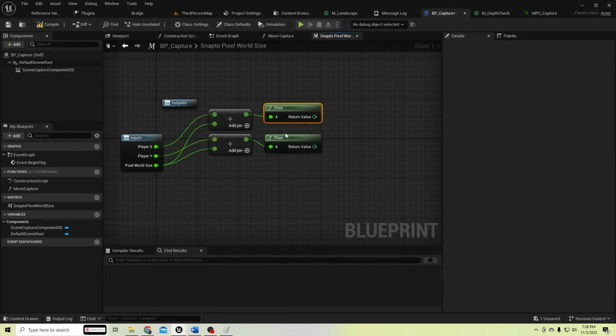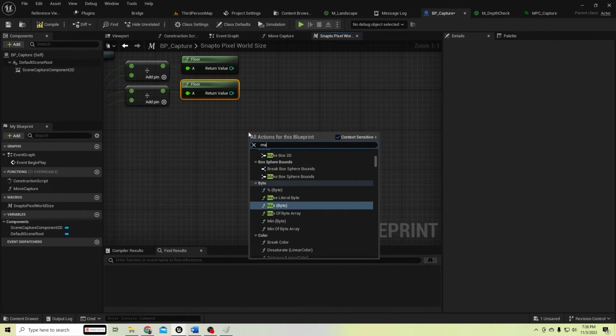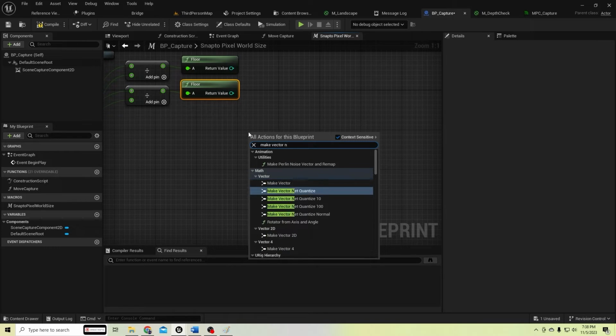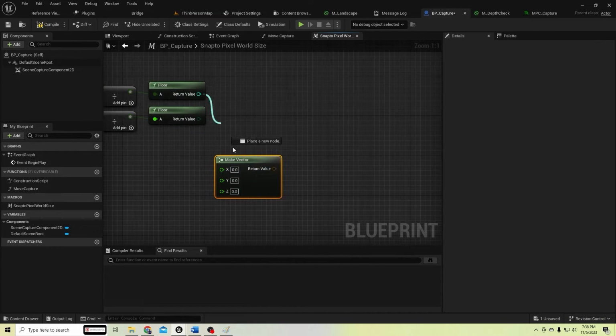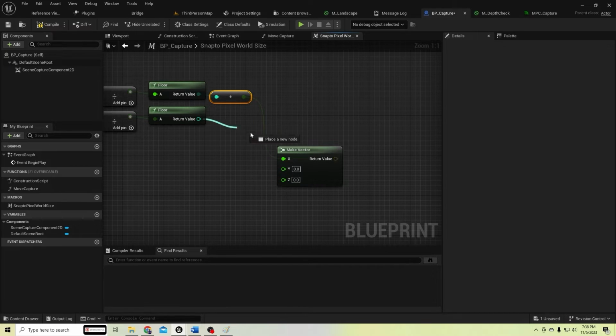And then we need to make a vector from them. Add the make vector node and connect here and connect this to here,